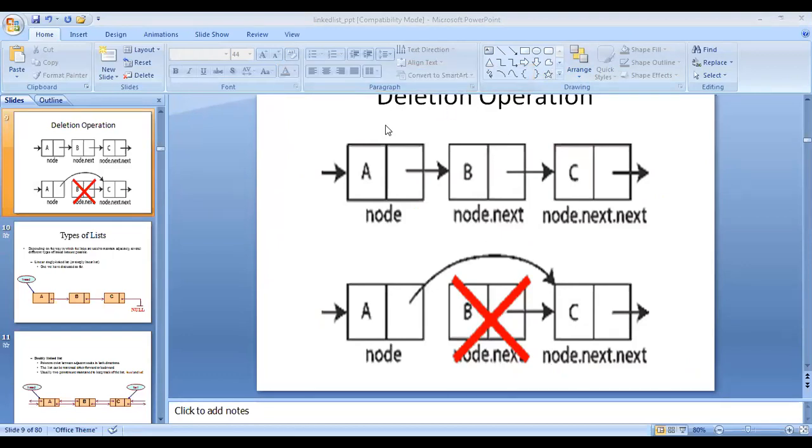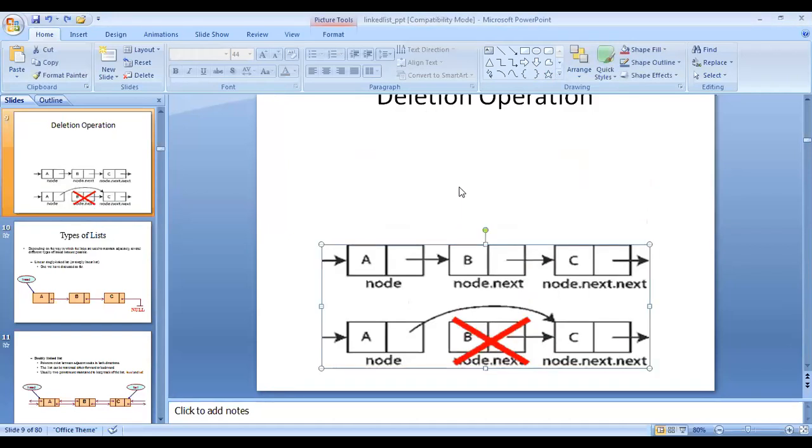So the deletion operation can be performed on a linked list. You can delete an element from the list anywhere.